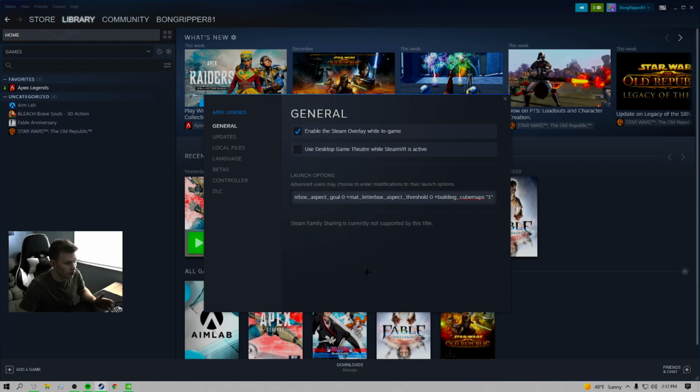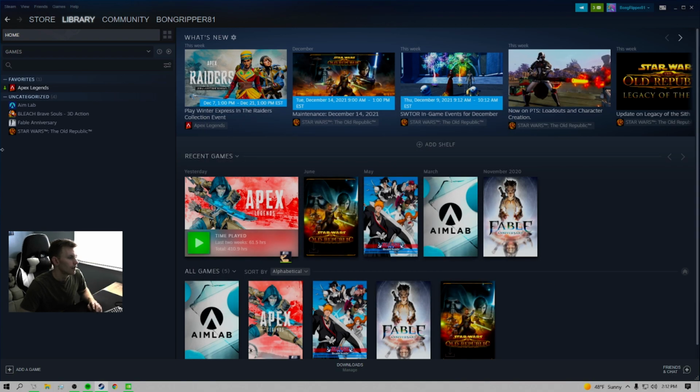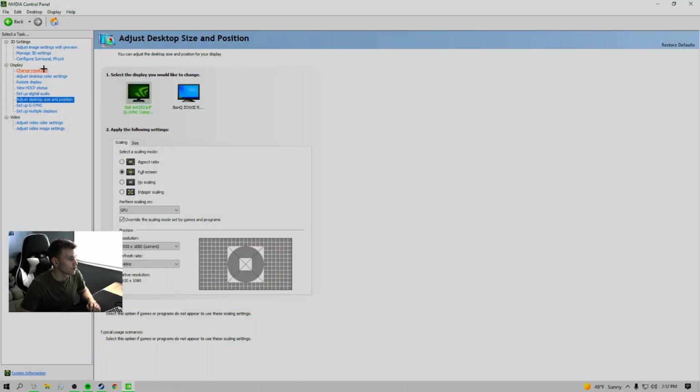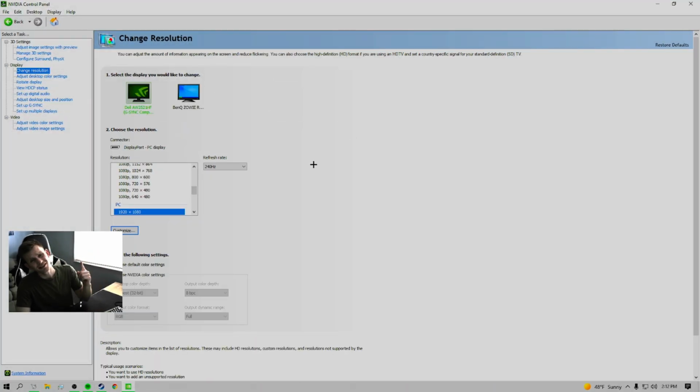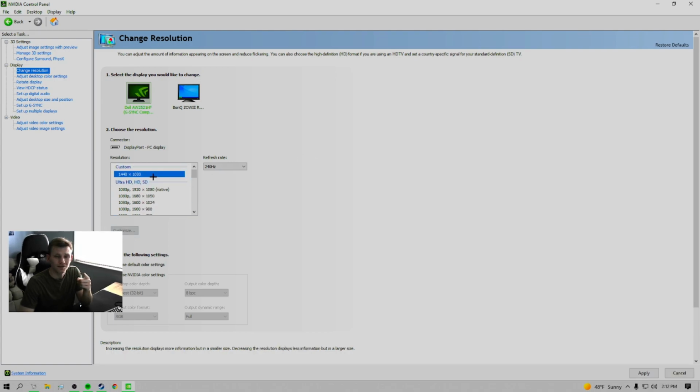And then there's no, oh, I need to save, I copied and pasted. No, just copy, paste, boom, it's good. Now that you've done that, the very last thing that you're going to want to do before launching Apex Legends is go back to your NVIDIA control panel, scroll up to that custom resolution that you set. Remember, that's display, change resolution. Select 1440 by 1080, apply,